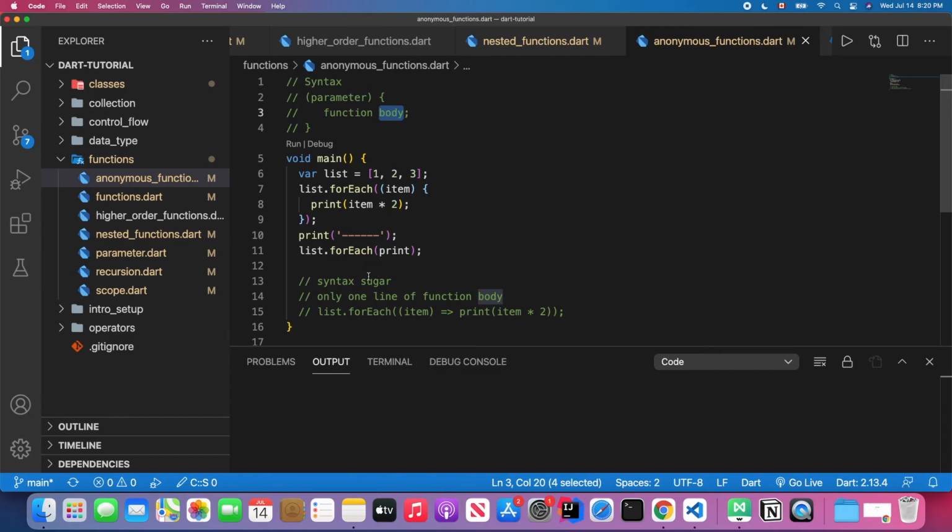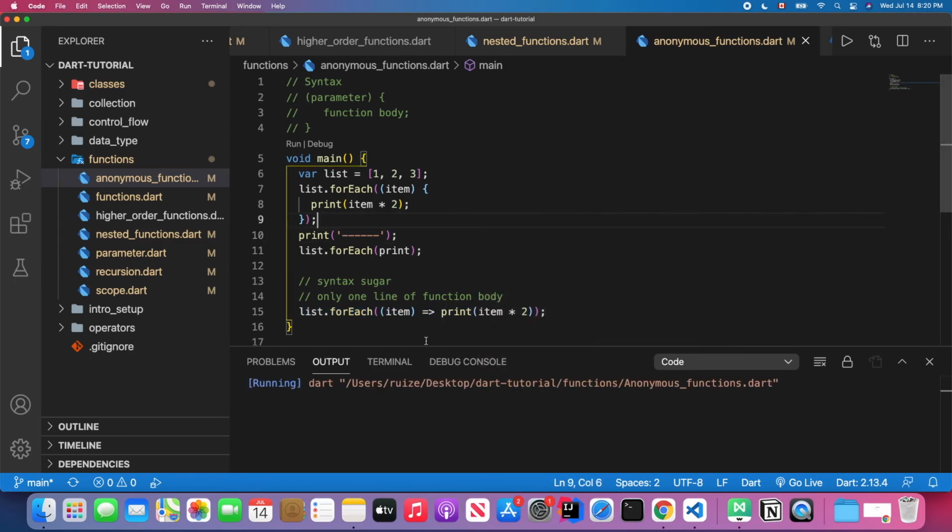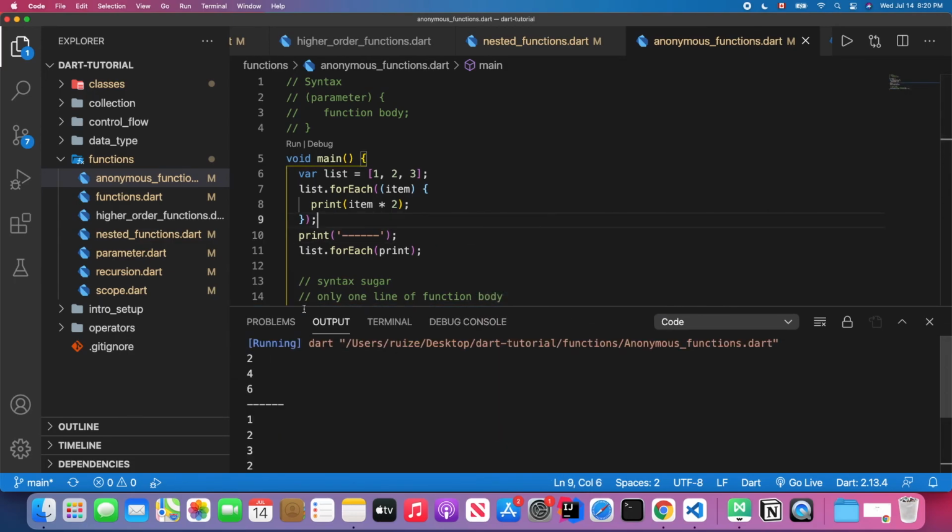If you only have one line of statement, the syntax is even easier, in this way. So let's print it out and see what the value is. After you run this line of code, you will get 2, 4, 6, right? 2, 4, 6. But if you print it again, it will still be